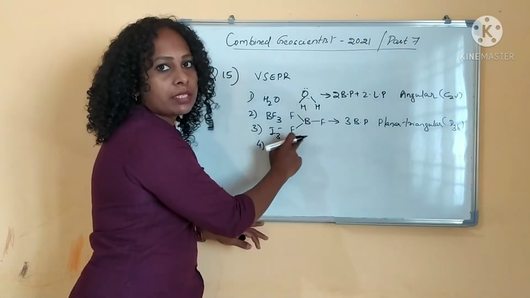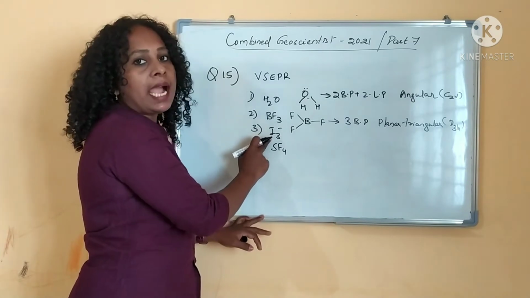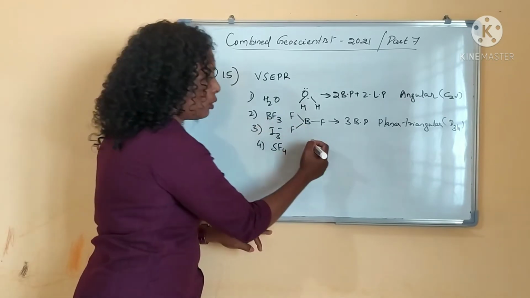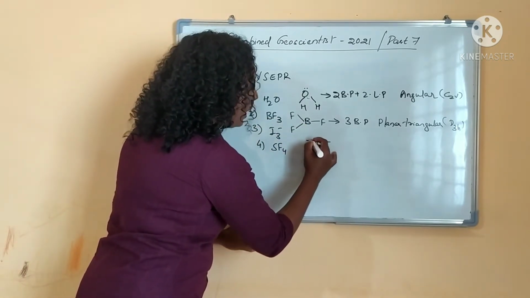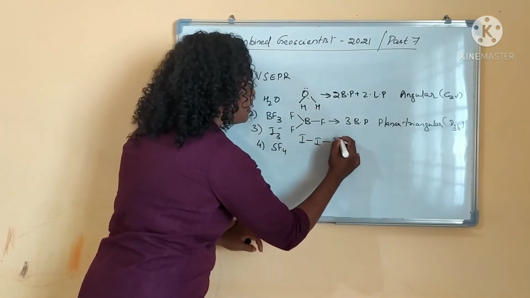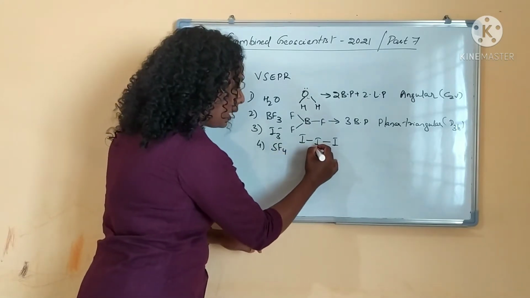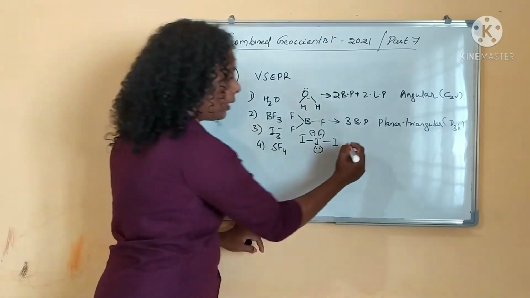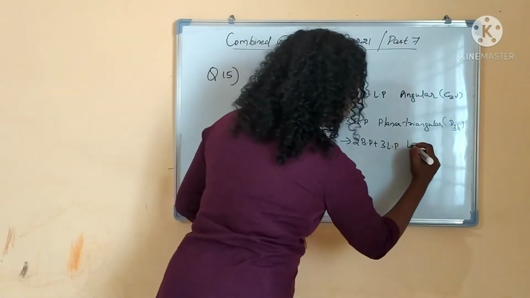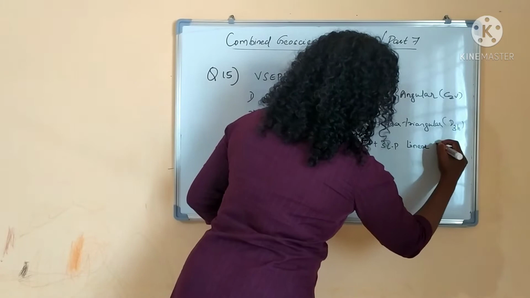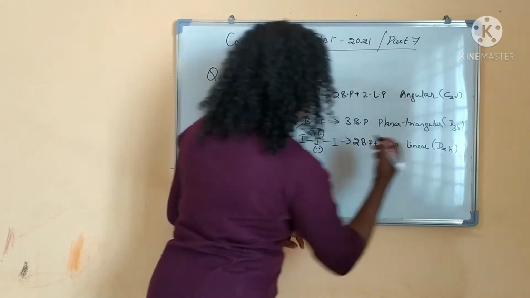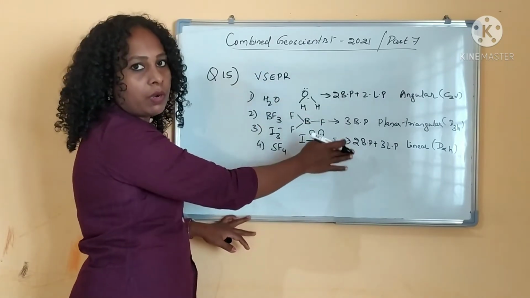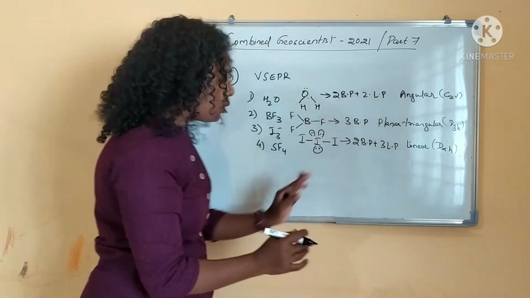And I3 minus. What about I3 minus? Iodine is having 7 electrons, and I minus is having 8 electrons. Out of 8 electrons, 2 have bonded with the iodine atom. Then 3 lone pairs, right? 2 bond pair plus 3 lone pair. What will be the shape? Linear shape. And it belongs to the point group D infinity H, right? This already we have studied, all the VSEPR theory. What all are the conditions? Just I am writing those conditions.